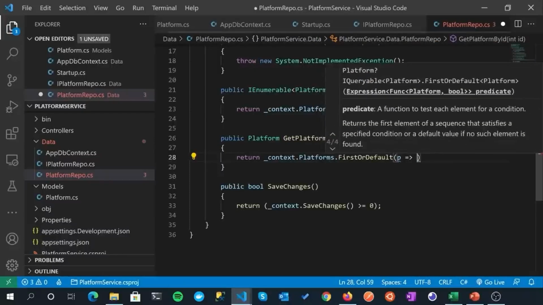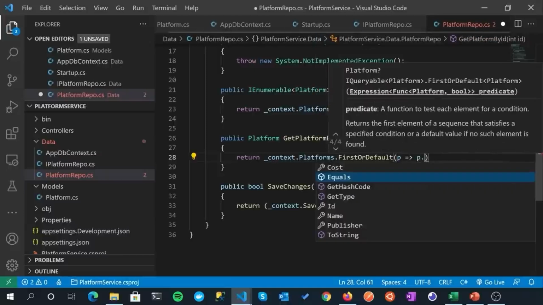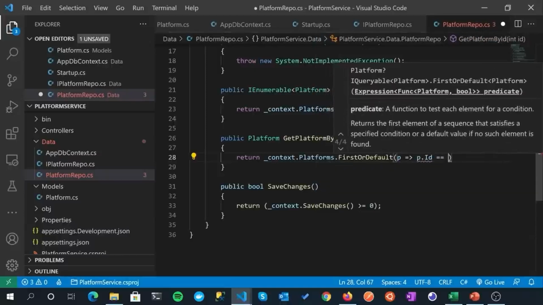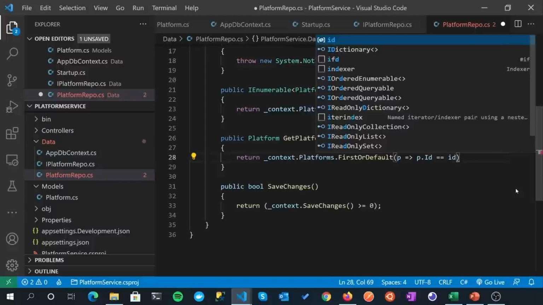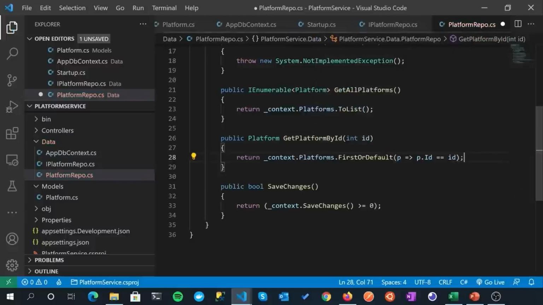So we'll say p goes to p, and we're wanting to find the ID of the platform where it's equal to the ID that we pass in. So quite straightforward. We're basically saying return the FirstOrDefault item from platforms where the platform ID equals the ID that we passed in.